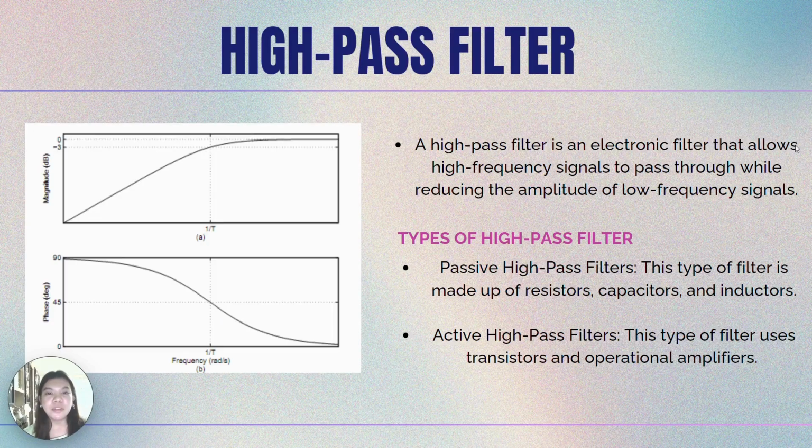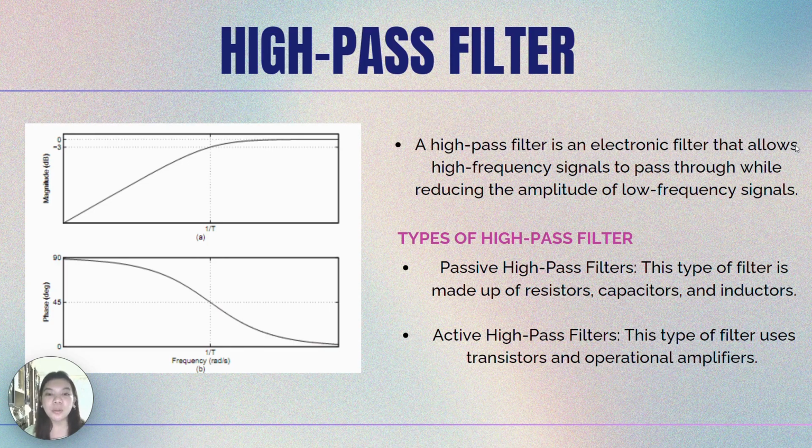A high pass filter is an electronic filter that allows high frequency signals to pass through while reducing the amplitude of low frequency signals. We have two types of high pass filter, the passive high pass filter and the active high pass filter. A passive high-pass filter is made up of passive electronic components such as resistors, capacitors, and inductors, while, unlike their passive counterparts, an active high-pass filter uses active electronic components such as